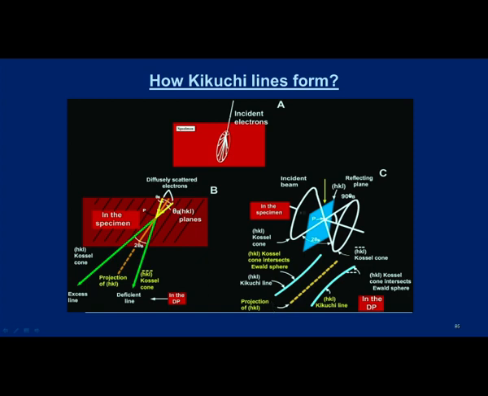So, if you assume this and then come back to the diagram we have just discussed, for convenience we can imagine it like this in 2D. This is the specimen, you have these HKL planes where the electron beam comes, and then it produces a cone here. The one we talked about is an excess line, another is a deficient line in intensity, and the angular measure between these two lines is 2 theta B